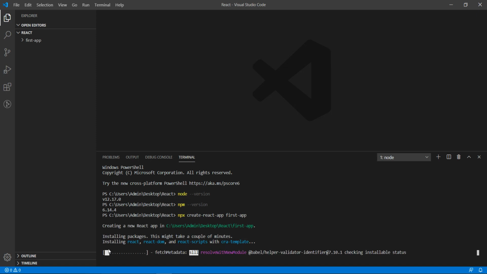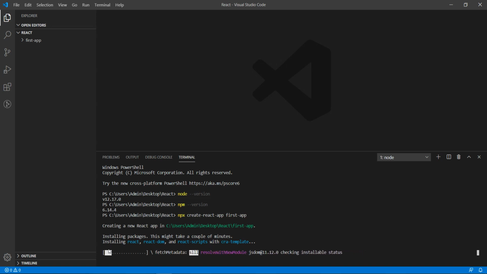So let's wait a few seconds to complete it. Here you can see the status of the installed packages.